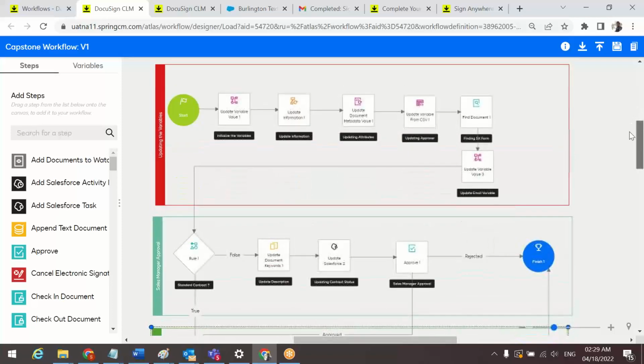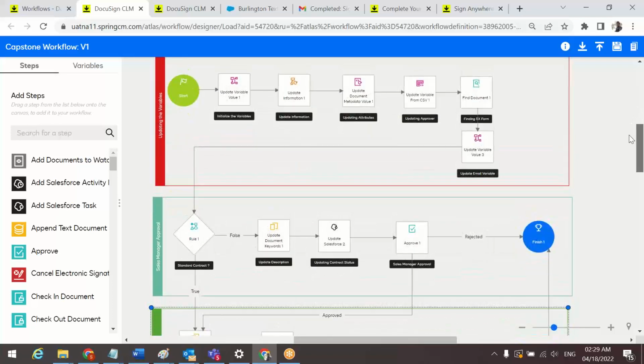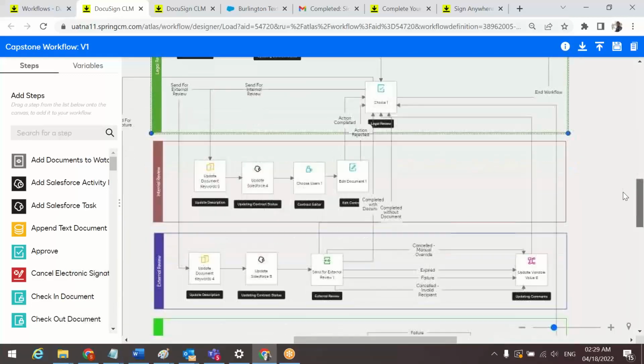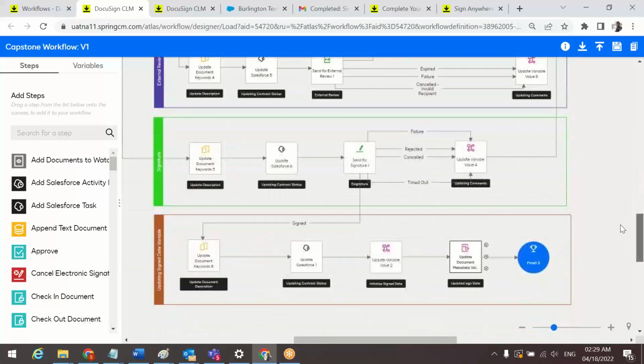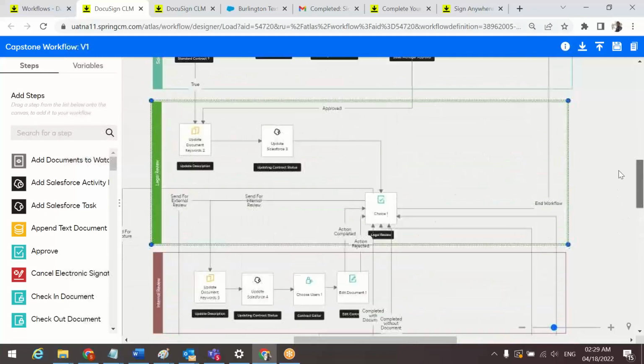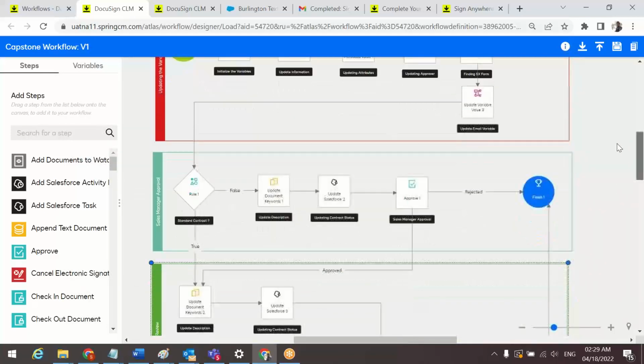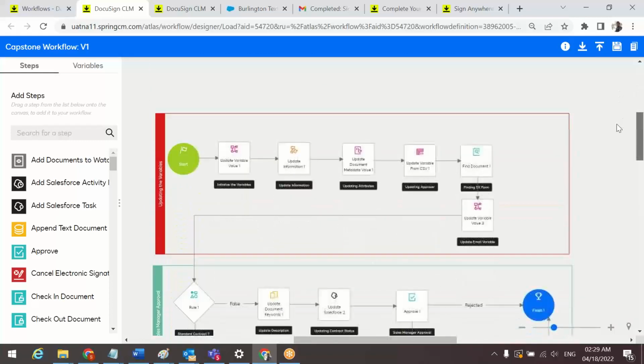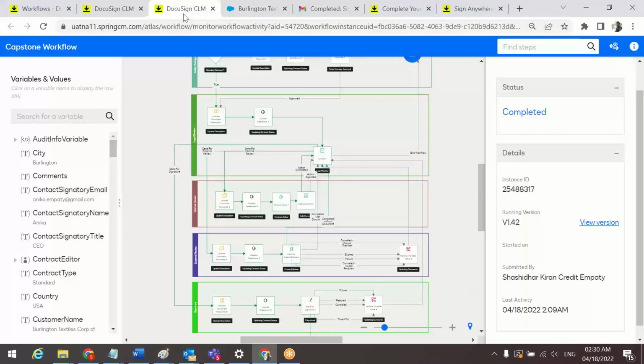Once the agreement started, we have different steps here. We have legal review, we have internal review, external review, then the signature. We are going to update all the variables here. We have third party contract going to sales manager approval. If you see, you can verify all the